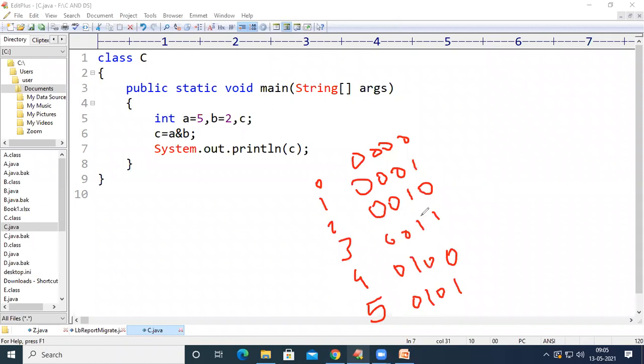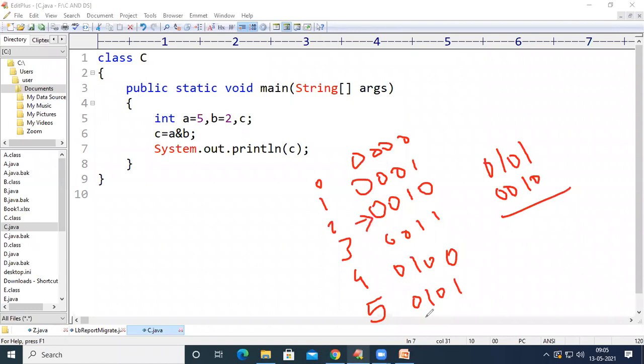Right? So we are doing the AND operation between 0101 and the number 2, 0010. I'm sorry, 2 is represented as 0010. In the last example, I had taken 0011 for 2. So 2 is represented with 0010.